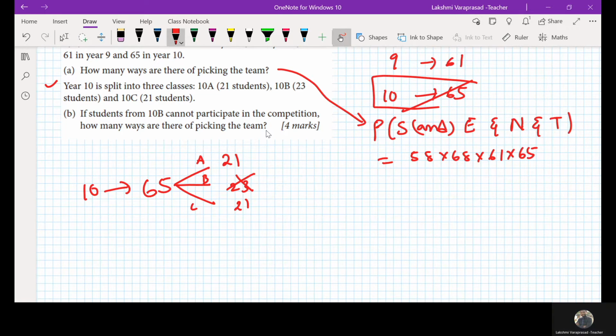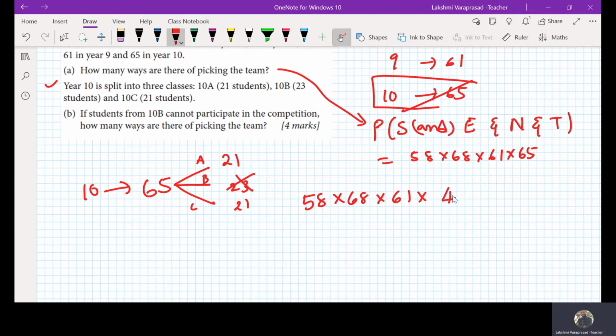Look at now. They said that from the total, the 23 students, that means section B, are not participating here. So try to eliminate that one, and you will get the answer. How to eliminate that? Look at now. In the 7th, they're participating, in the 8th, they're participating, and in the 9th, they're participating. But in the 10th, how many are participating? Only 42 people are participating. Isn't it clear now?